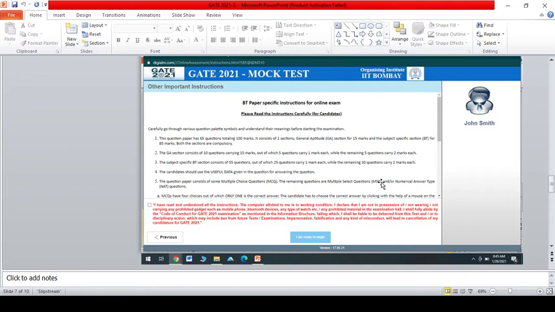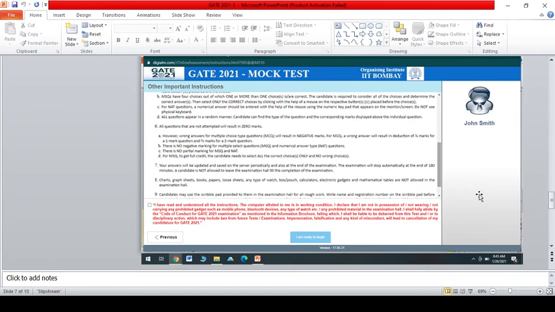The next thing is numerical type questions, and after that comes negative marking. For NAT type questions and MSQ type questions, there is no negative mark, and there is no partial mark. If for a numerical type question the correct answer is 6.88, and you have written 6.73, it is wrong. They don't even give partial marking. Whereas for MCQ, for a 1 mark question there is a 1/3 mark reduction, and for a 2 mark question there is a 2/3 reduction. And you need to check the timer that is running so that you are aware of it.